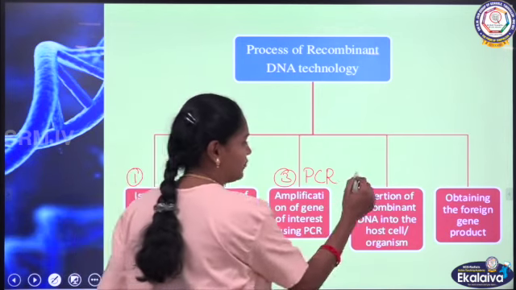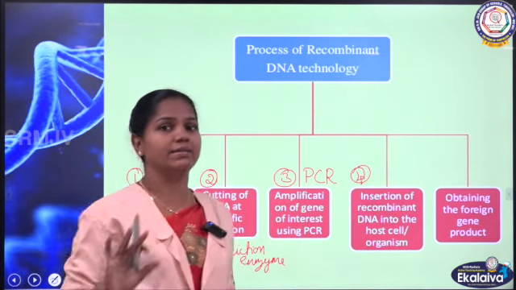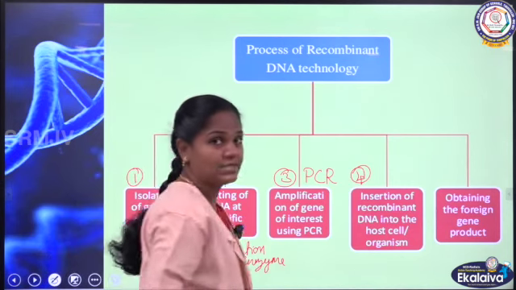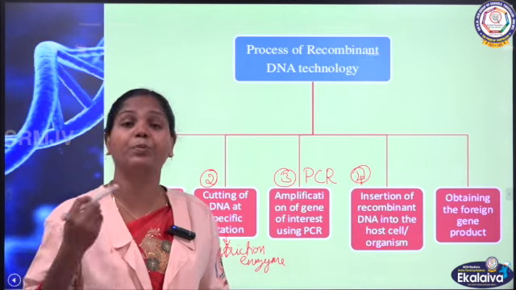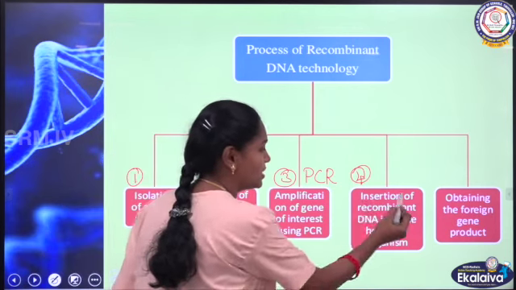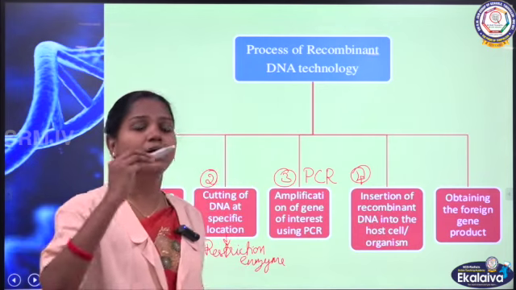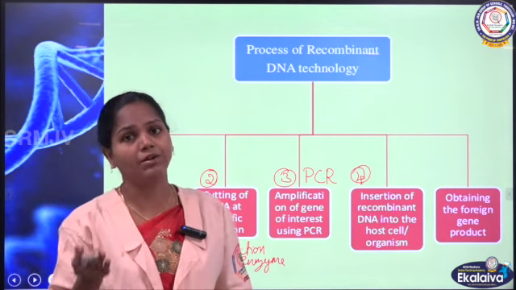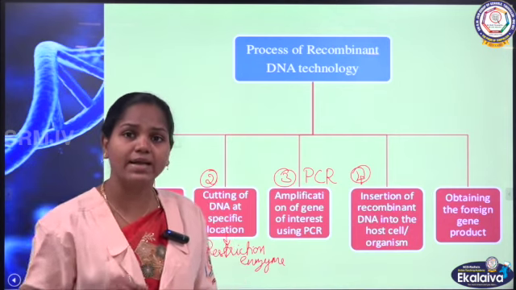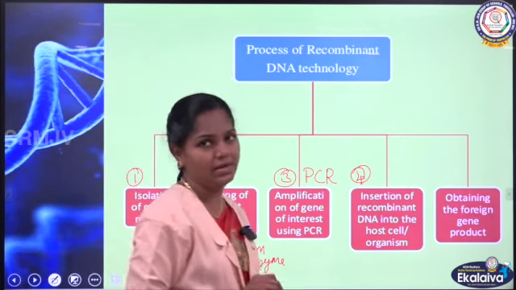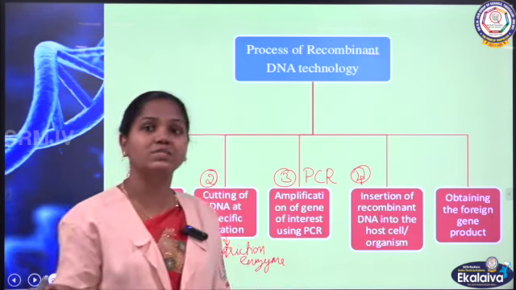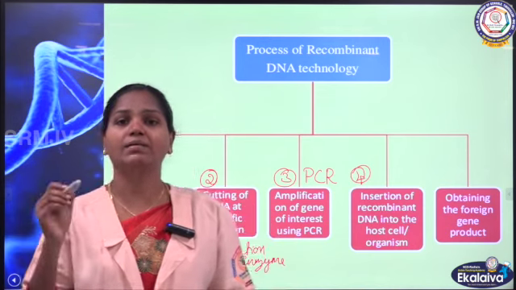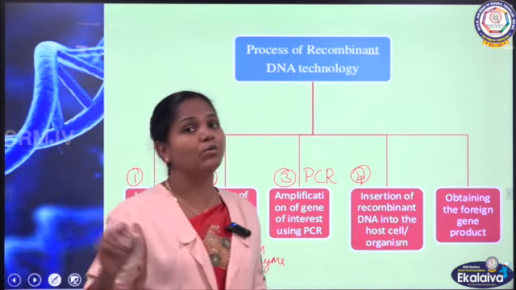The fourth step is, once your DNA is ready and available in enough copies, you can go for cloning into the cloning vector to prepare our rDNA, that is, insertion of recombinant DNA into the host cell. The DNA is inserted into the cloning vector, and that cloning vector plus DNA we call rDNA, and this rDNA is introduced into our host cell. In our last video we saw how to select our transformants. Once it is transformed into the host cell, the transformants can be selected using any one of those methods.